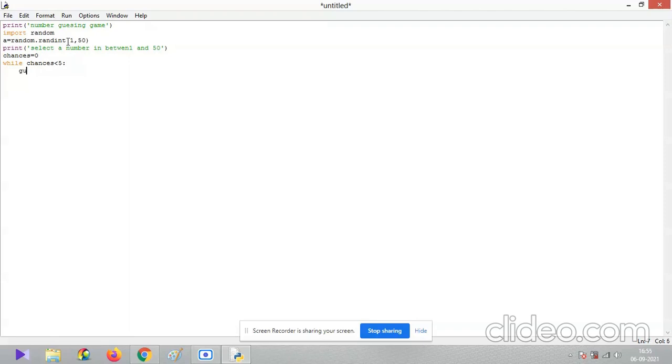and guess equal int input, then if a equal. A is the number, it's a variable, and in that variable the correct number is stored. So if that is equal to our guess, then